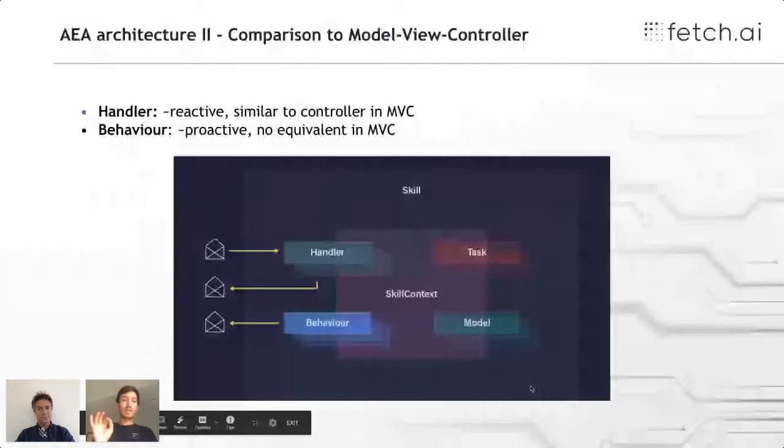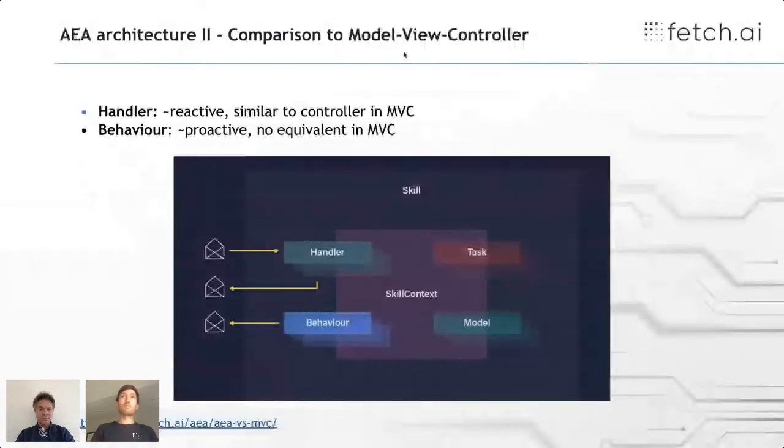And I want to quickly say something about AEAs versus web development, just to anchor the paradigms a bit. So in the web world, at least the traditional web frameworks, they often have this model view controller architecture, where the model holds a lot of the data and business logic. The controller receives the requests and then hands them off to the model, and then the view is the representation of what you display to the user.